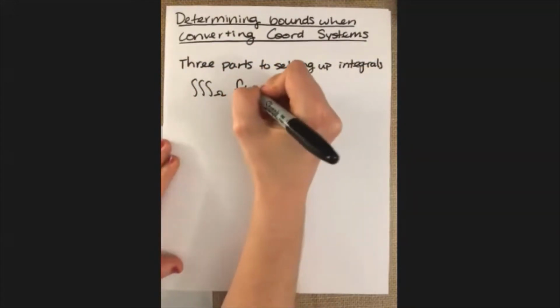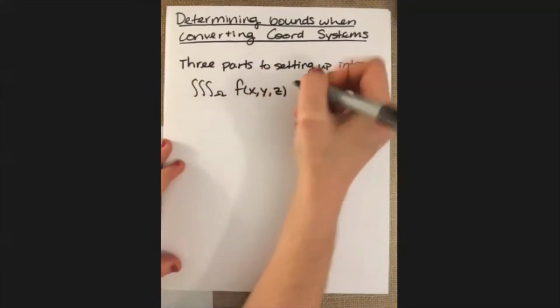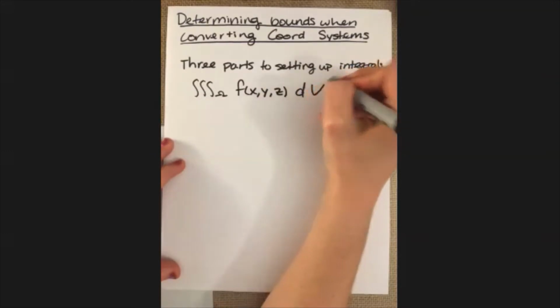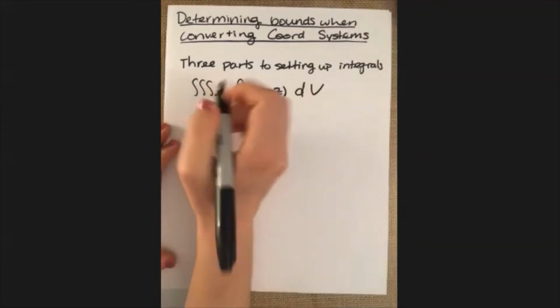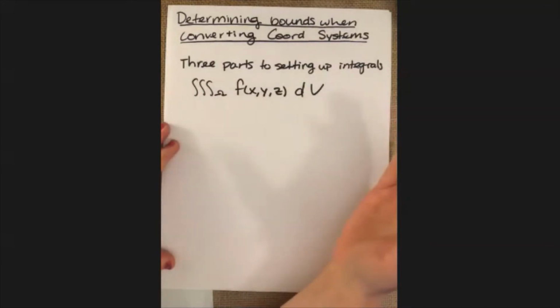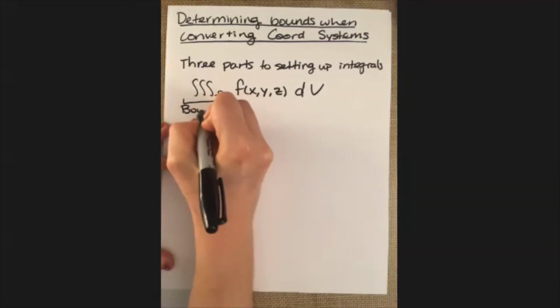So if we have an integral over some region omega, and we have everything in Cartesian coordinates like so, there are three pieces here we have to think about when we want to change coordinate systems or move over to a different parameterization. And those are the bounds that come from omega,